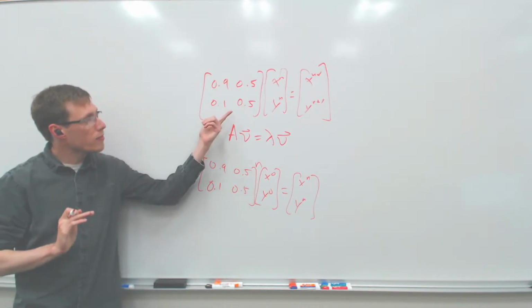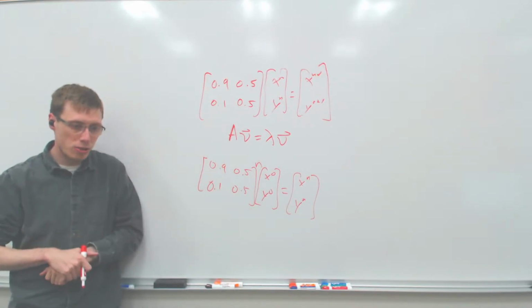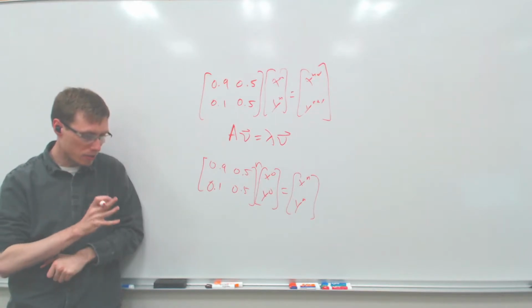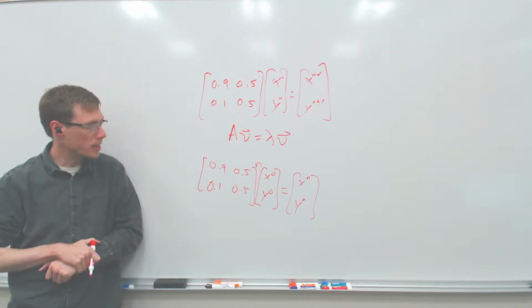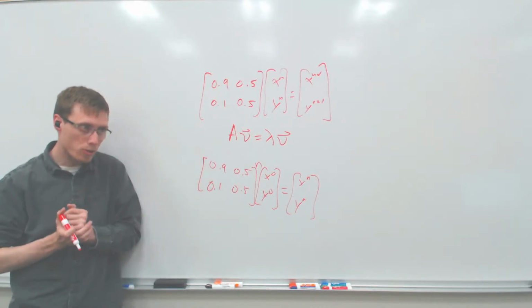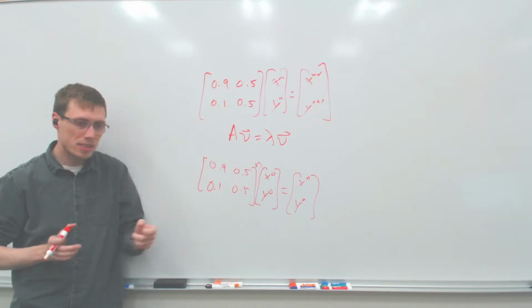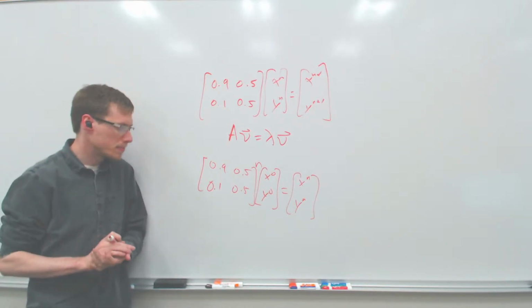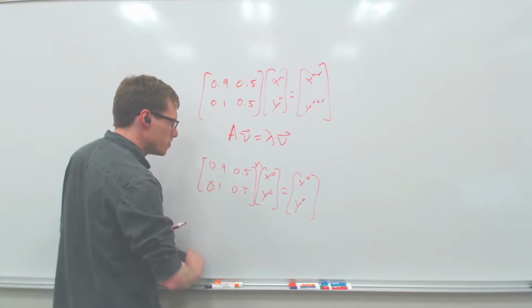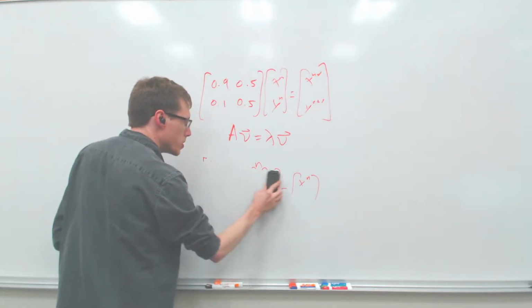We'll find the eigenvector and eigenvalues of this matrix. And it turns out it has to have certain properties. Once we solve it, we'll talk about some of those properties, and then we'll take this and figure out how to take this thing to the nth power. All right? So let's go to it.